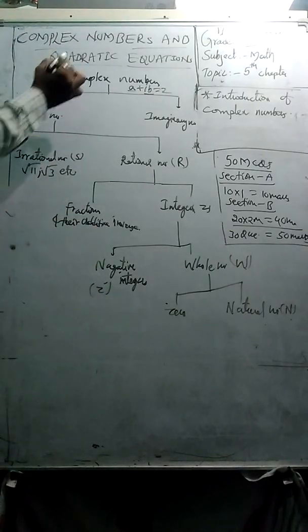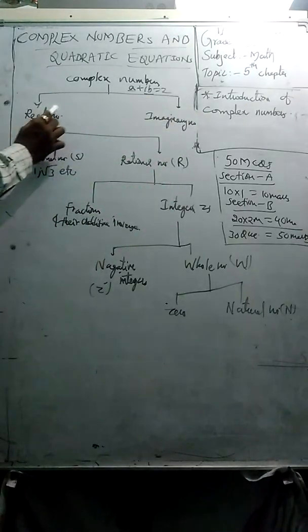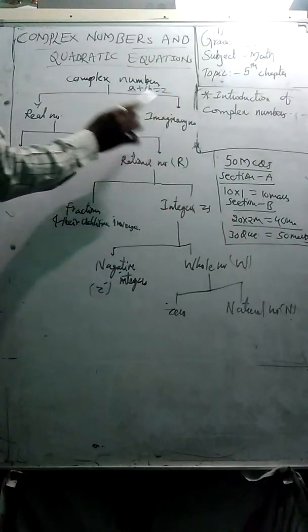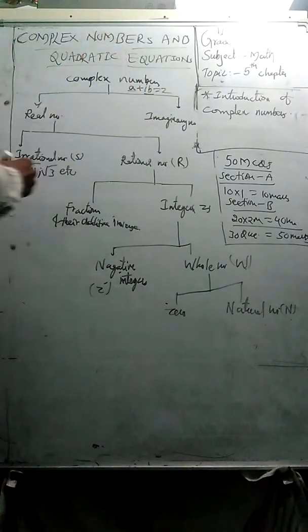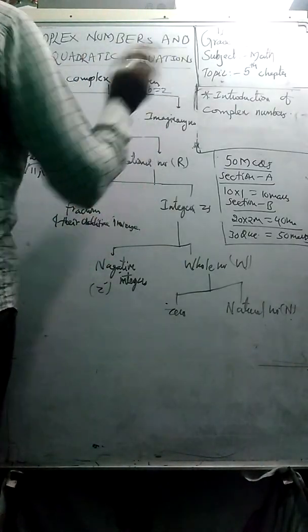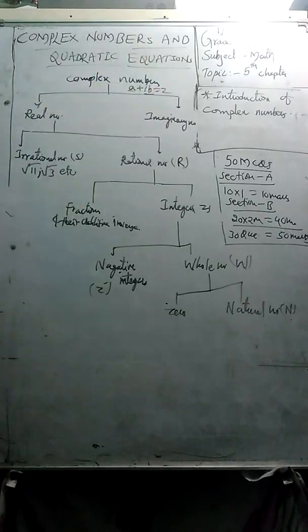You have learned about the real numbers. From here, you know all of these; only imaginary numbers are new. So together, real numbers and imaginary numbers are called complex numbers, which are of the form a plus ib. a is called the real part, b is called the imaginary part. We will discuss some problems based on this, students. I mean some applications. One problem I will explain because we have less time.